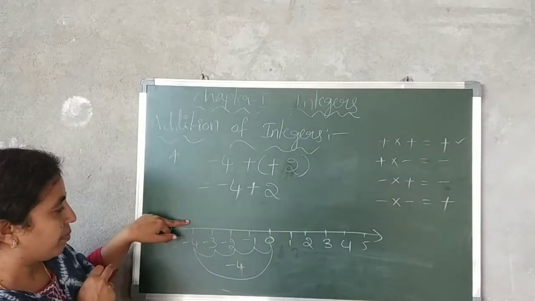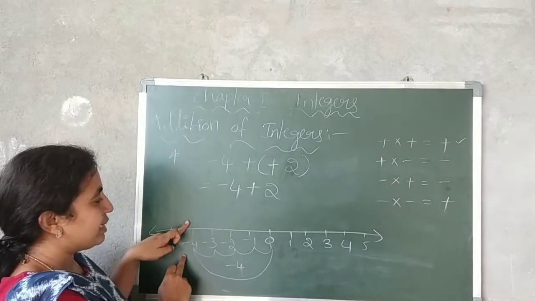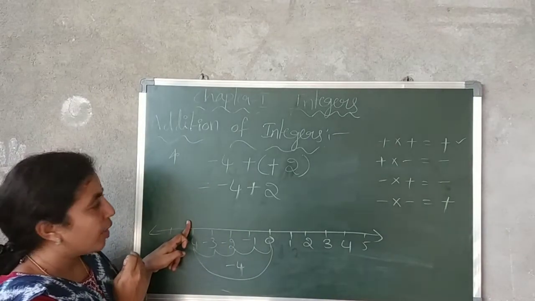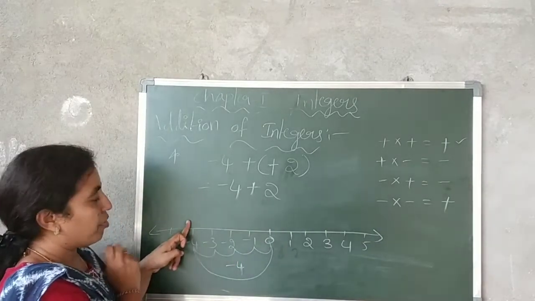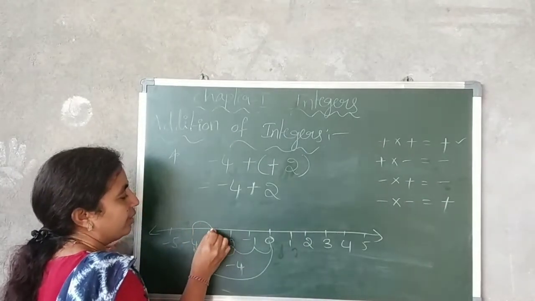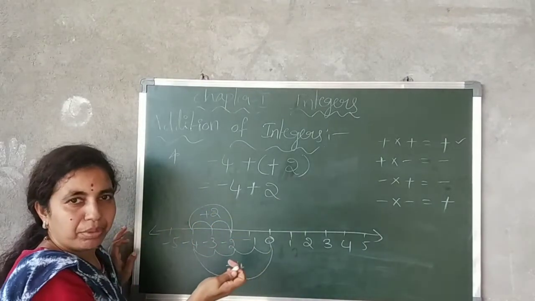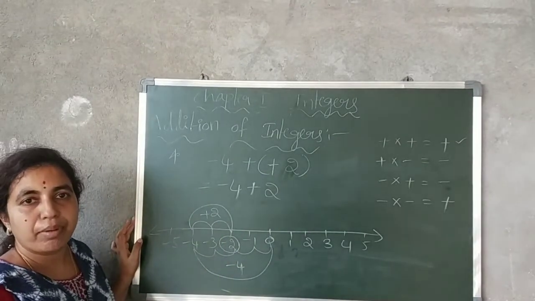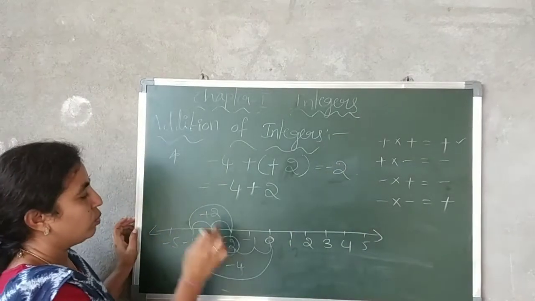Now you are here. What do you have next? Plus. Plus means from this number you should move to the right side. How many steps should you move? We have 2 here, so you should move 2 steps from minus 4, to the right side of minus 4. So from here, 1, 2. So plus 2. Now, do we have any other number? No. So just round it up here. Now what is the answer? It's nothing but minus 2. So the answer is minus 2.